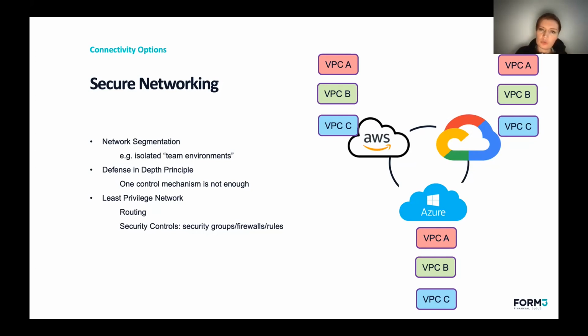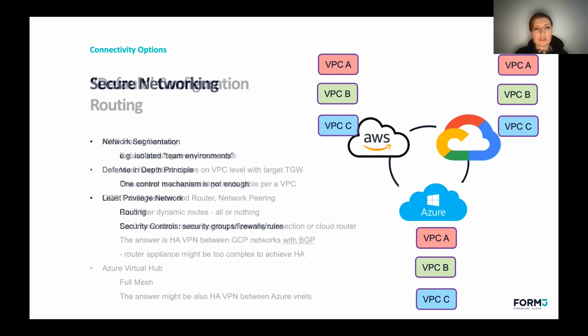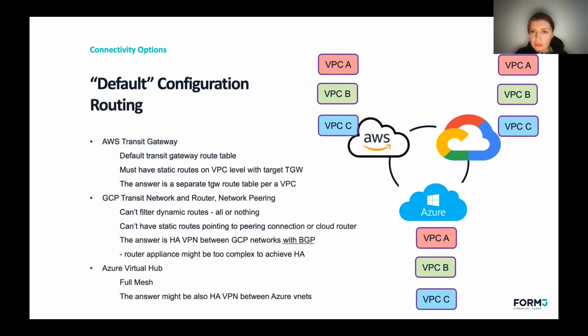In addition to those security groups and firewalls, we also need to configure correct routing with the least privileged network principle in mind. And that's not as simple as it sounds, because again, we have very different networking concepts in AWS, GCP, and